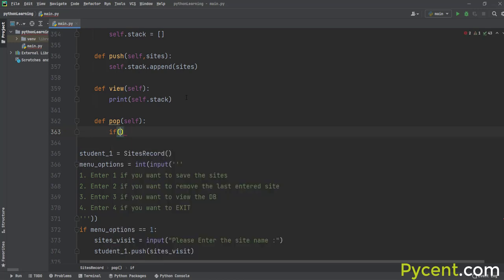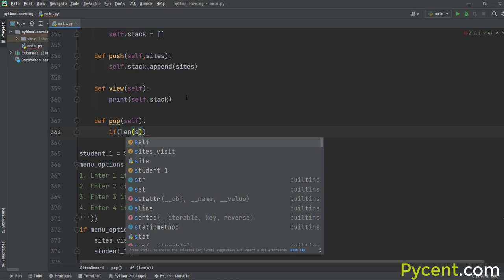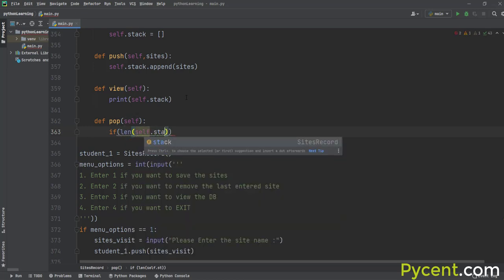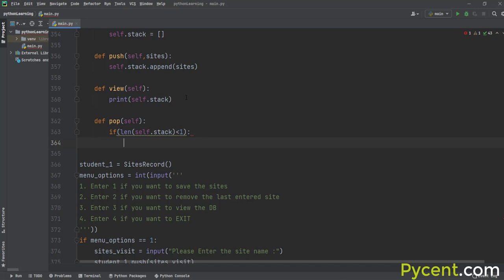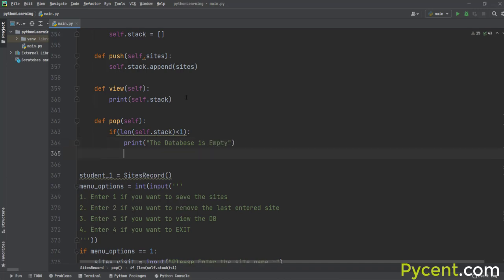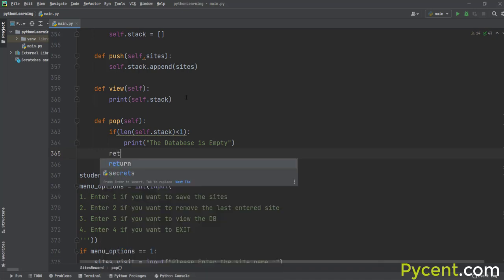If the length of self.stack is less than 1, that means there aren't any items there, then you need to show that. Print nothing to show, or you can use the word print, the database is empty. If not, then you just return